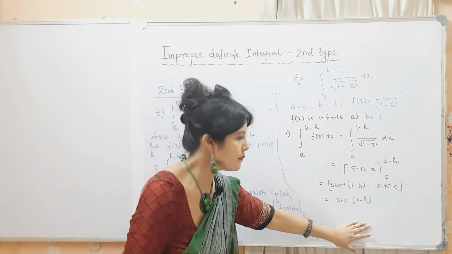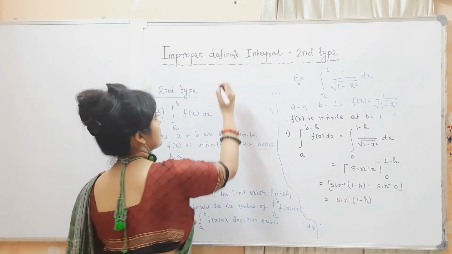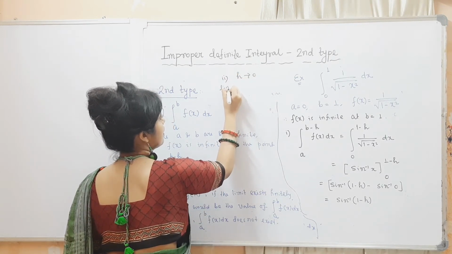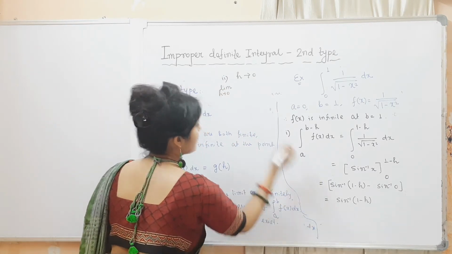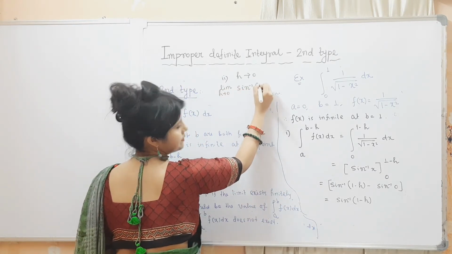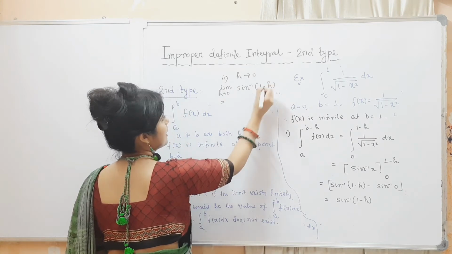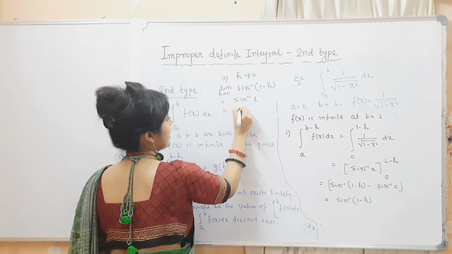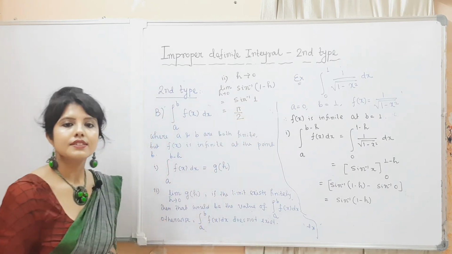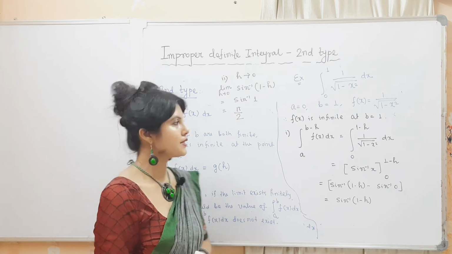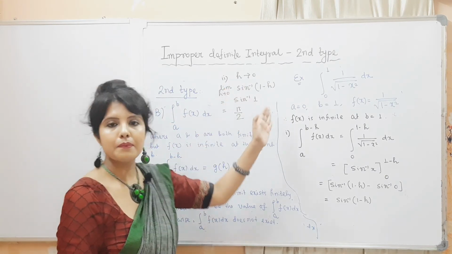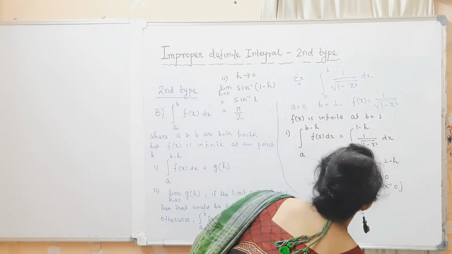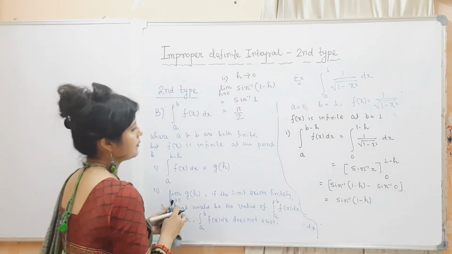And clearly it is some function of h. Now what is the second step? The second step is I have to take h tends to 0, so the limit as h tends to 0 of this function, that is sin inverse (1 minus h). If h is 0, that will give you sin inverse 1, and sin inverse 1 means pi by 2, because sin pi by 2 is 1. That shows that the limit has a definite finite value, and so that would be the value of the integration.